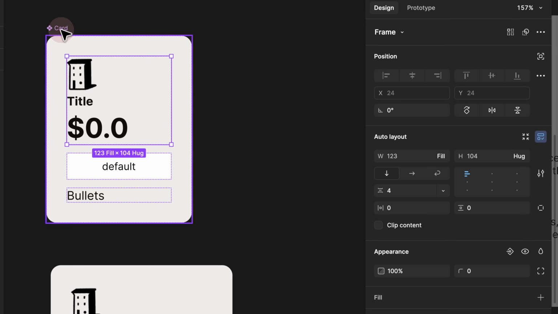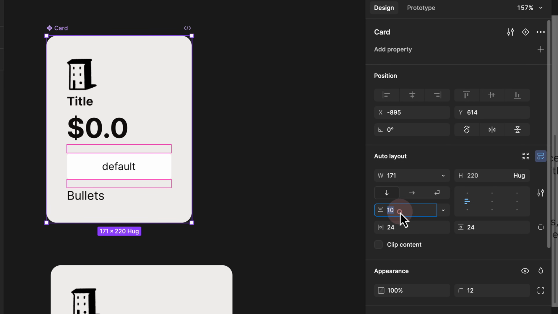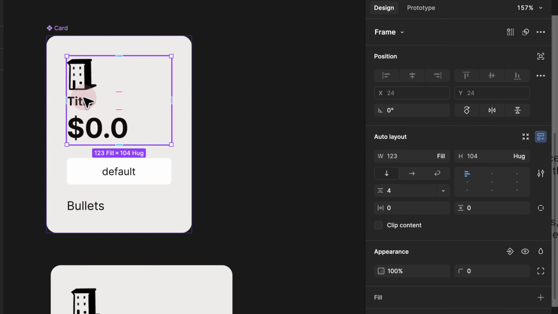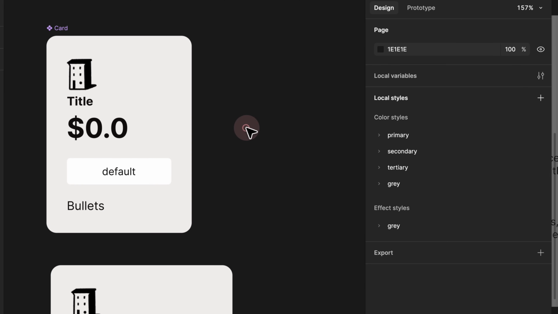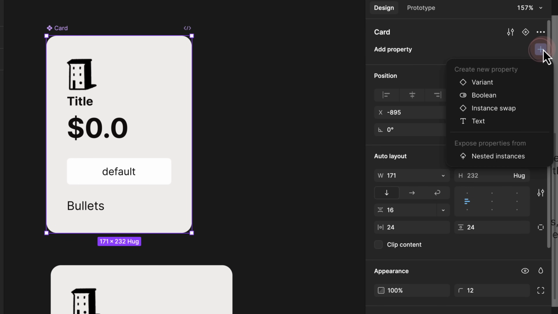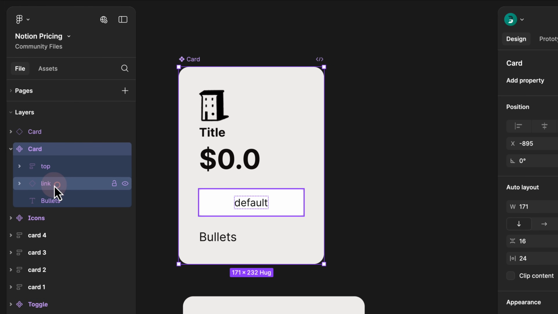And now I can select the top parent card, and instead of 10, I can add 16. So this way, by adding 16, I am able to group the elements to the top and add some space between the cards. Finally, all I have to do is click my card, and then here we have another property, which is nested instances. The reason we have this property available to us is because we are linking another instance